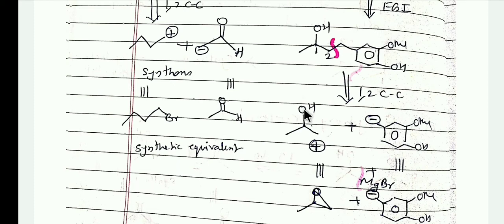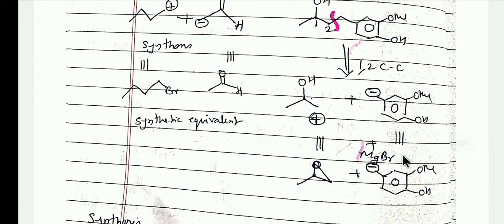This oxygen and this carbon make a covalent bond, so we can easily get the epoxide for the production of this synthon. And here CH2 minus adds MgBr and we get a Grignard reagent of this type and easily get the synthetic equivalent for the production of this synthon. Now by the addition of these two synthetic equivalents we can easily form our target molecule.